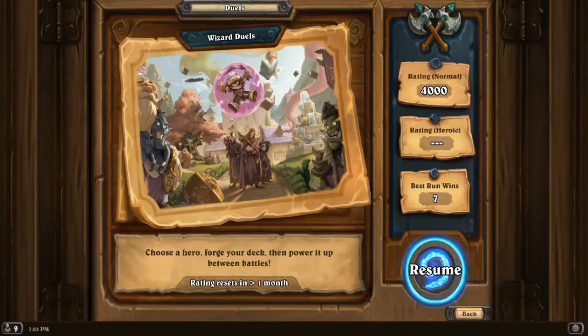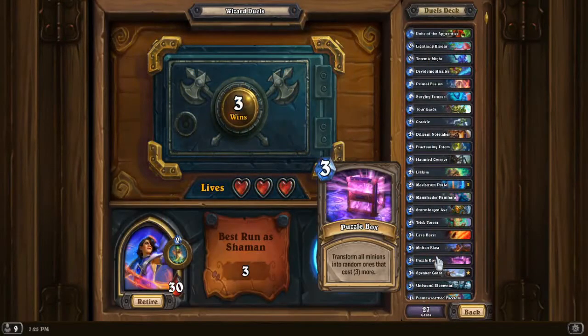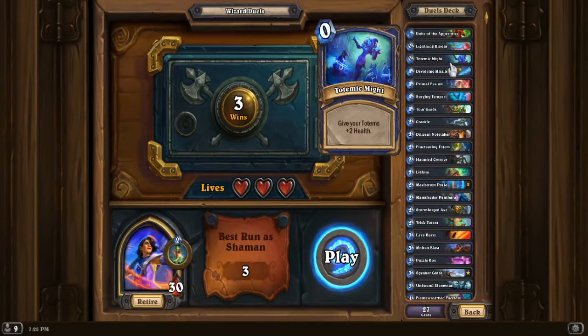We are back with some more duels, some more Shaman, 3-0 right now. I figured we'll get 3 or 4 games in and then make this part 2, or we'll lose 3 in a row and go 3-3. Don't know yet, but just a reminder, guys, the deck right now is kind of a totem overload